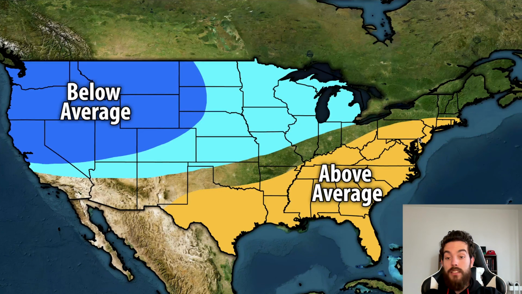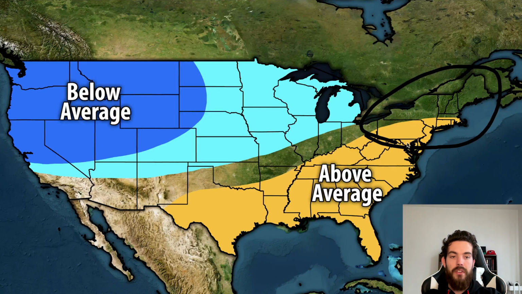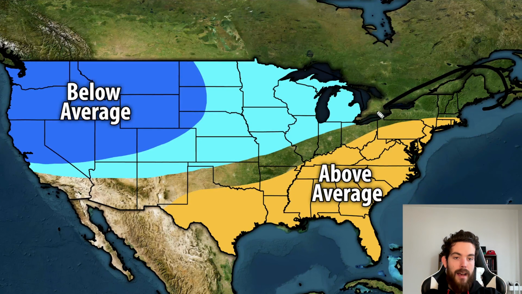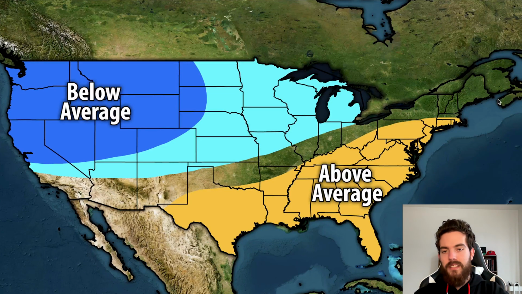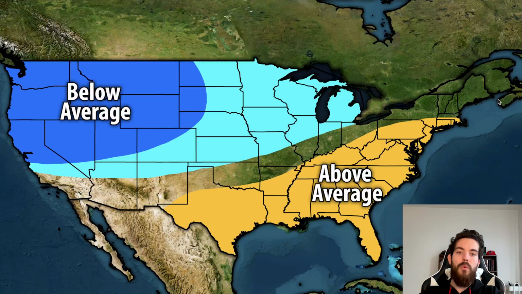I think that it is also worth noting that even though we expect above average temperatures here for the Northeast, you cannot rule out a sudden snowstorm. It doesn't have to be a cold month to see snow, it just needs to be a cold day. And I think that those cannot be ruled out really for anywhere here in the North. So definitely expect the unexpected there. Hope for the best, of course, but we have to be aware that these nasty weather events can definitely happen